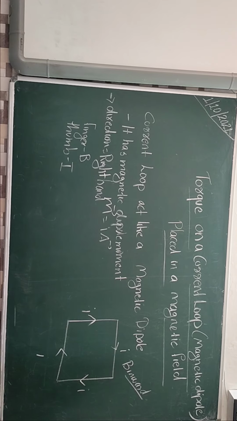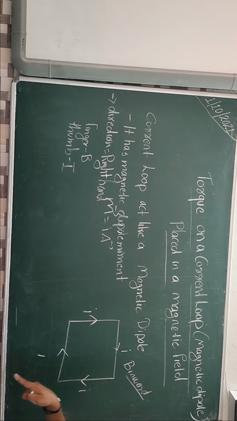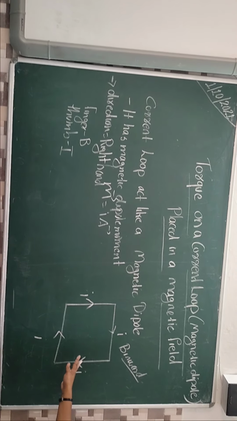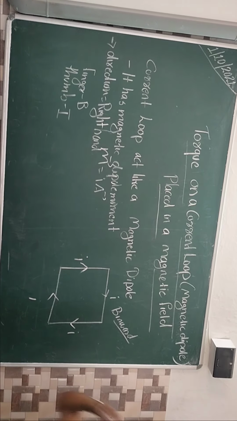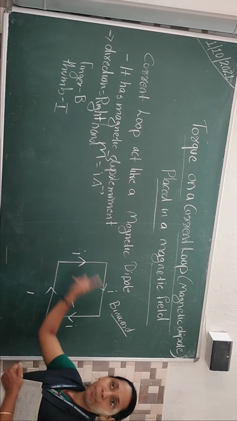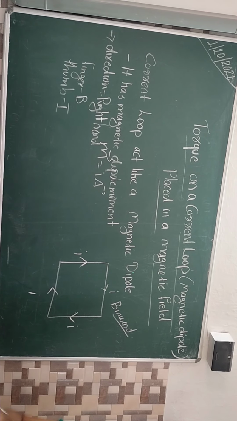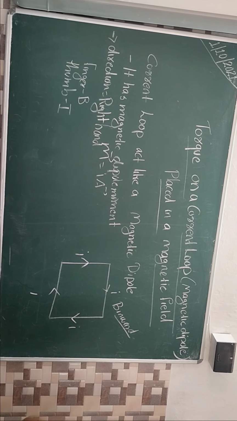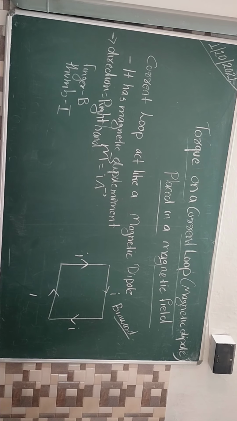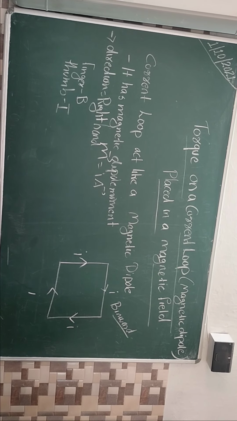I am not creating any external magnetic field here. In yesterday's case, I was telling you we place it in a magnetic field. Here there is no external magnetic field. Use common sense and look. I took a rectangular loop and gave it current. The loop behaves like a magnet. That magnet has its own magnetic field. Did you get the idea of the difference between them?